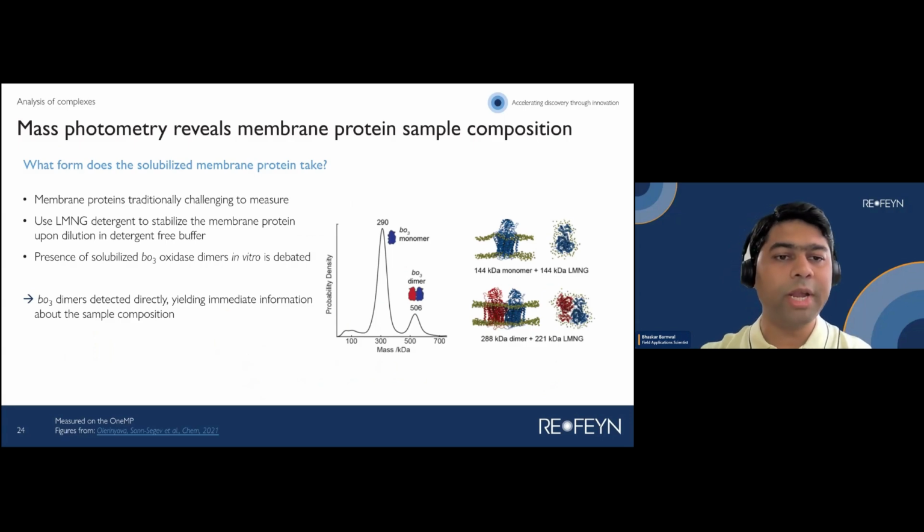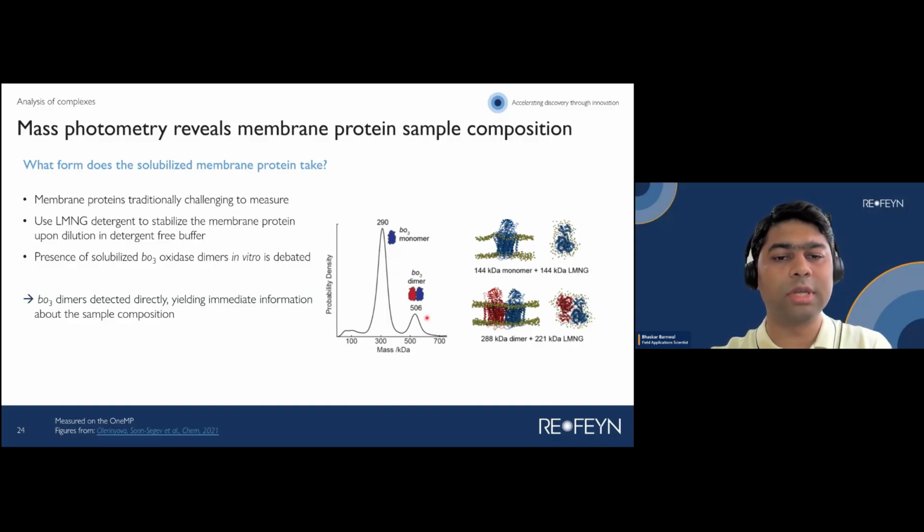Okay, so membrane proteins are a pain point for a lot of researchers, and we know that membrane proteins are traditionally very challenging to measure. In this particular example, BO3 oxidase protein has been used, and it was stabilized with LMNG detergent. And just before doing the analysis on mass photometry, it was diluted in detergent-free buffer, and then it was analyzed on mass photometry. As you can see here, we can see the BO3 oxidase monomer at 290 kilodalton and the